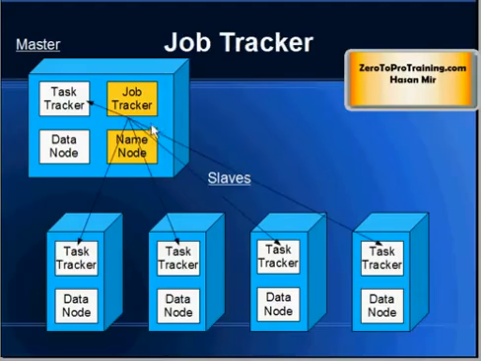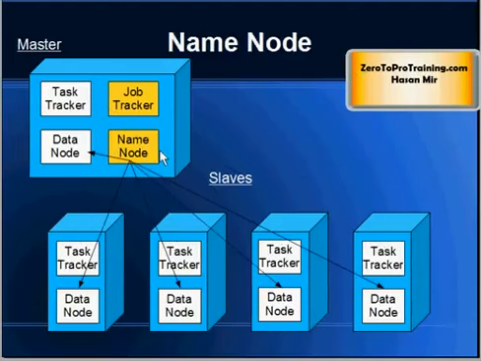So the role of the job tracker component running on the master node is to break the bigger task into smaller pieces and to send each small piece of computation to the task tracker. They will perform their smaller piece and will send the result back to the job tracker. Then it will combine the results together and will send the final result back to the application.